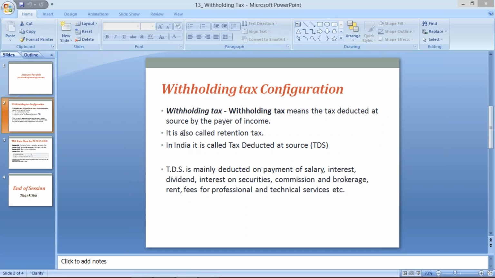Okay, so now here what is happening? In a different way, if you think, Wipro is nothing but a kind of customer. I am a vendor. How? Because I am giving my services. As an employee, I am serving Wipro Technology. It means Wipro is buying my services, and in return, every month I am getting a certain amount. So this is called employee vendor. Now, in India, it is called TDS, tax deducted at source, for all direct taxes.